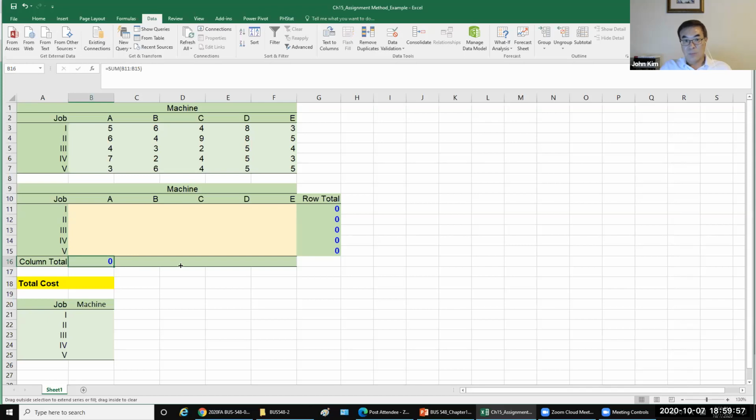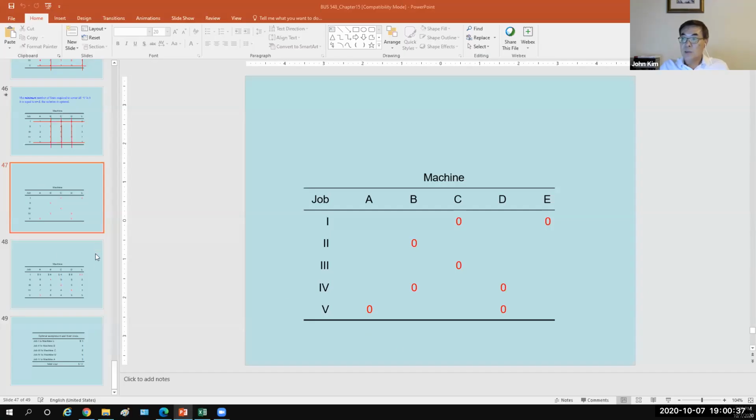And then copy. So the assignment table, we finish. And then we need the total cost cell. This one is like, I will show. Total cost is like this. We assign